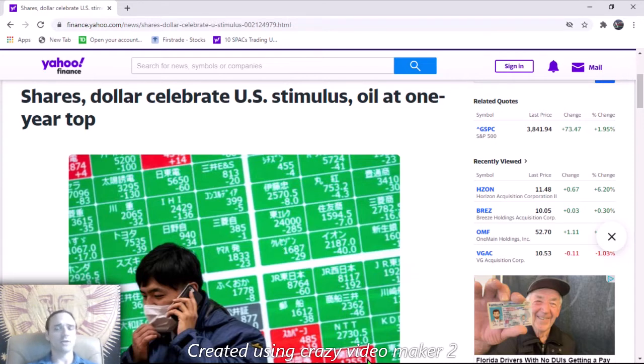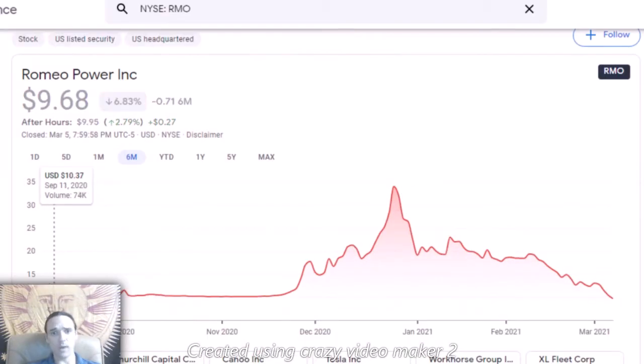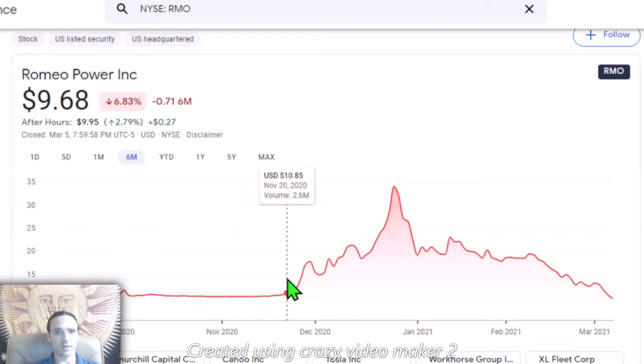Just the sector in general has been particularly hard hit. A lot of them down 50, 60%. And obviously, the EV sector has a huge upside in its future, just starting to take off in general, and should probably be one of the first sectors to see massive upside when the correction does find a bottom and start to trend back upward. Some companies in this sector that are particularly interesting to me: